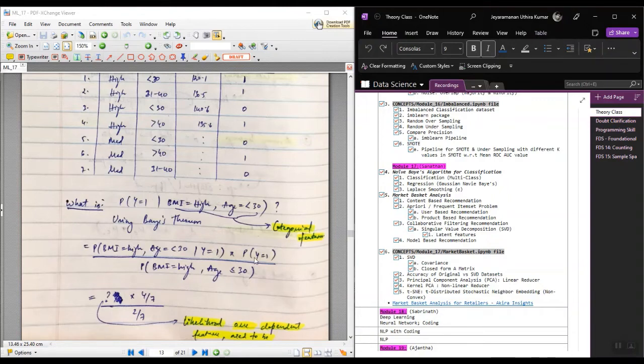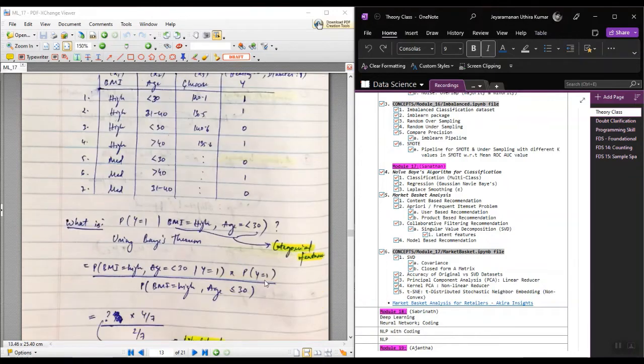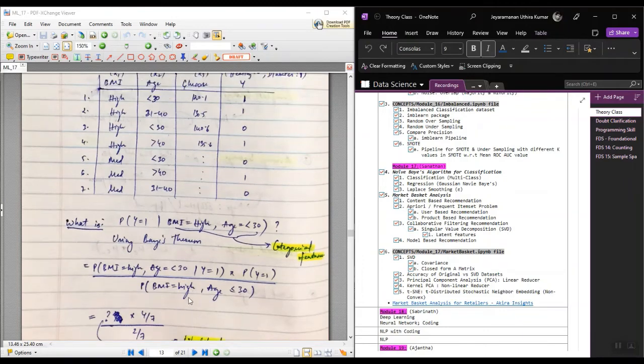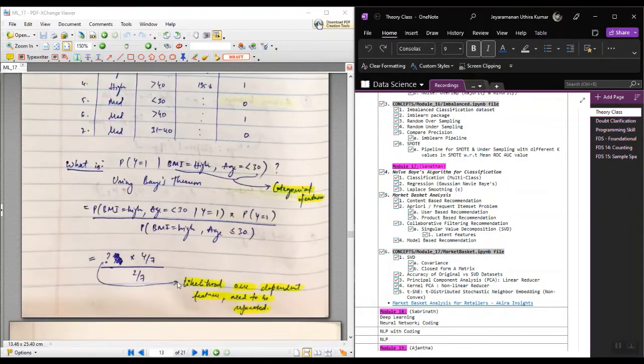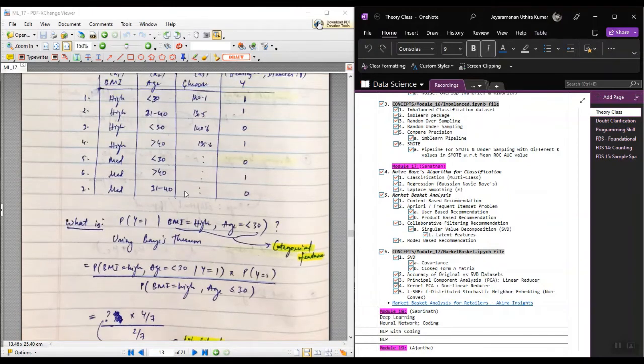Leave the likelihood for now and just concentrate on the prior: what is the probability that a patient has diabetes, that is, y is 1? So 1, 2, 3, 4. It is 4 by 7. The probability of a patient having diabetes is 4 by 7. And the probability that a patient has a high BMI and age less than 30 is basically 2 by 7. That is the evidence here. So how do we know the likelihood? We cannot go directly to the likelihood because it doesn't exist here. A patient with BMI high as well as age low is here, one is there, but